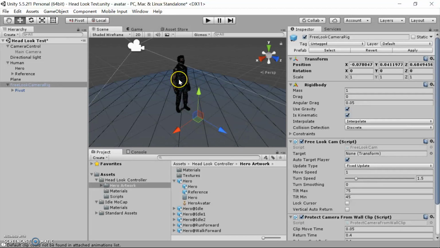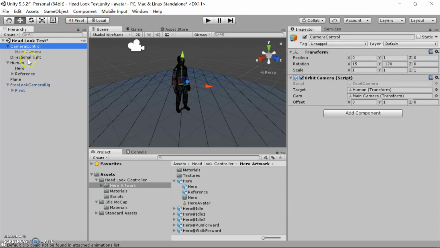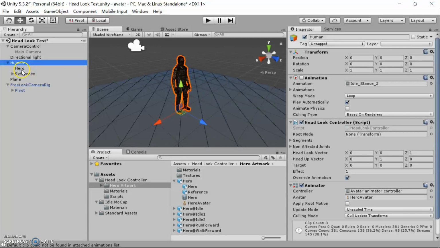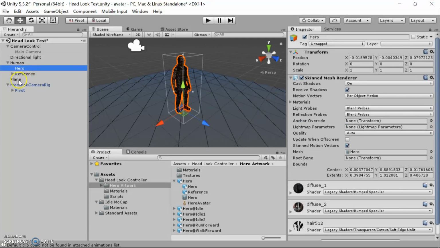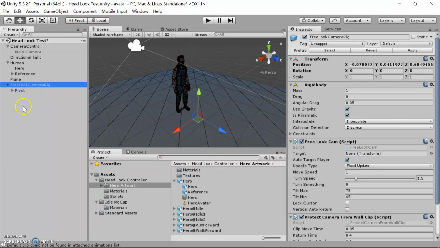To start with, I want to introduce to you all the basic components in our scene. Here's our scene, look, task. Under it, that's the normal camera and light. And here is our character, human. We name it hero. And the plane, that's what he's moving on. And the free look camera rig. We use this for the first task,